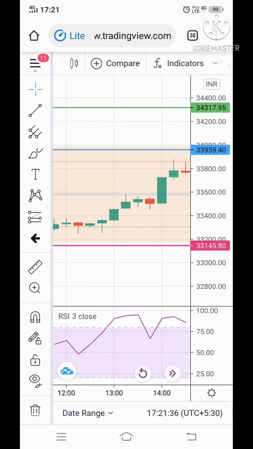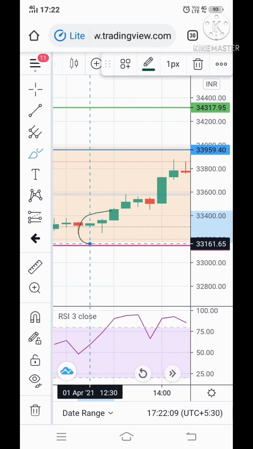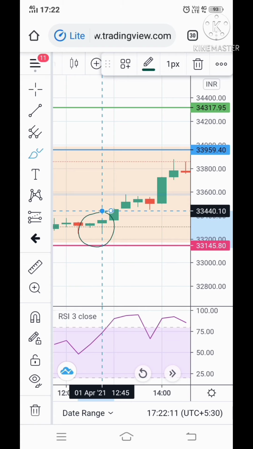See, the criteria in case of bullish trades is that the next candle's close should be higher than the previous candle's high. Again I am repeating, write it on a piece of paper if you want. This is a golden rule. The next candle's close should be higher than the previous candle's high. So if I take a brush, see, these two candles are meeting our criteria. The next candle's close is higher than the previous candle's high.